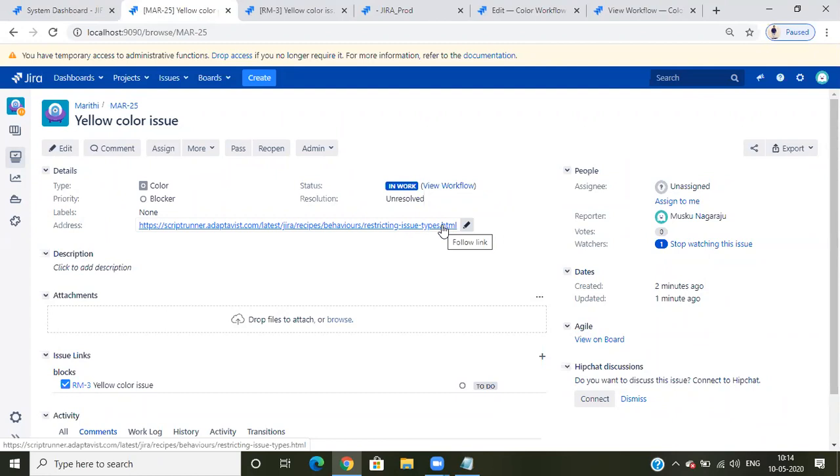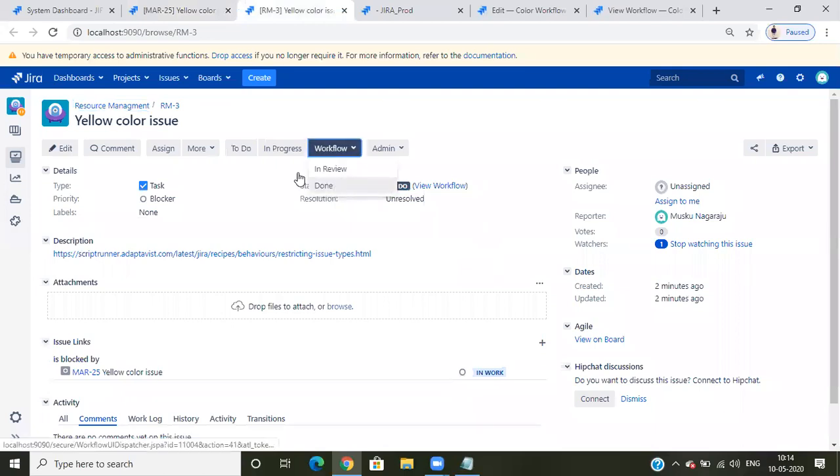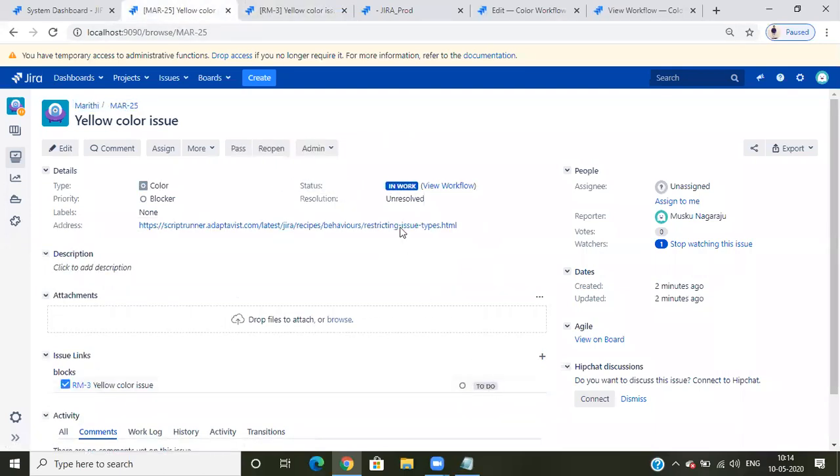So suppose the testing people close the ticket, so the testing is done, they will add a comment or something. They add one piece of information about the testing being done, and change the transition. They will click on this transition, done. Then my requirement is, when it is done, I have one transition called something like testing completed, and my ticket should go there automatically. Because I can't come every time to check this linked issue's status, whether it is done or in progress or testing completed or something.